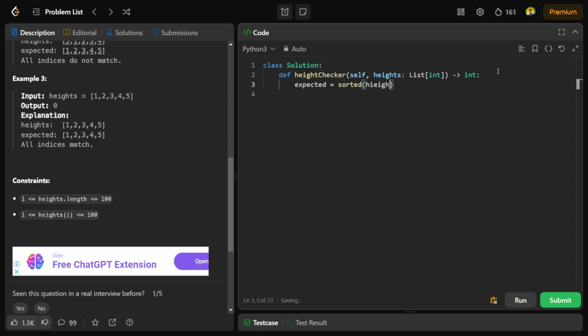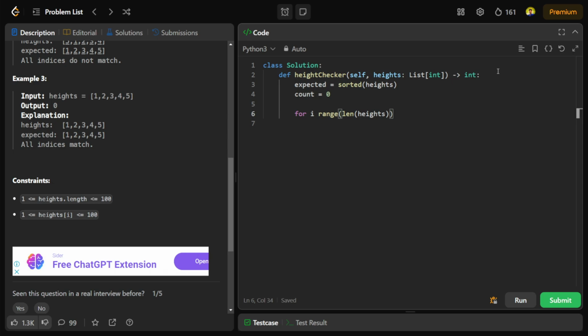So I will be creating a sorted array of those particular heights. Now I have some size. Let me not use that, I'll use some count for now. I need the count of how many students are standing in a wrong area. So I'll say, okay, for i in range, and what? Length of